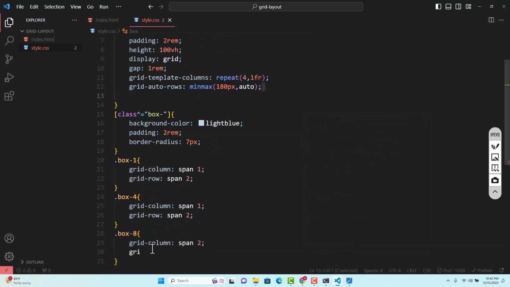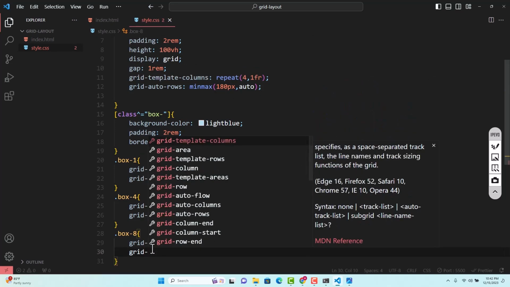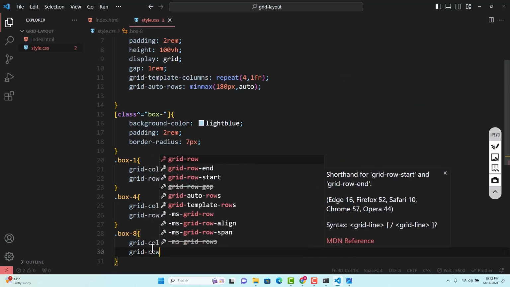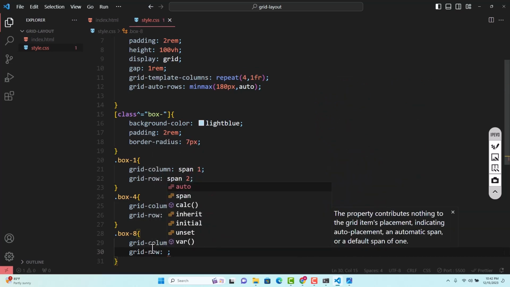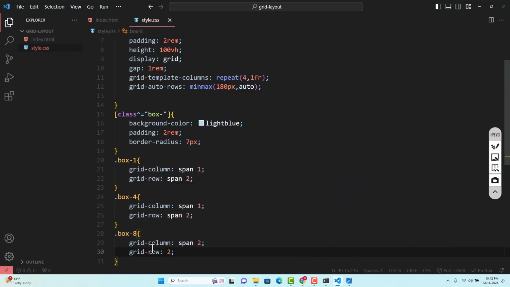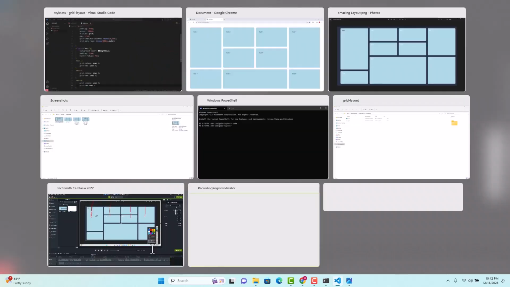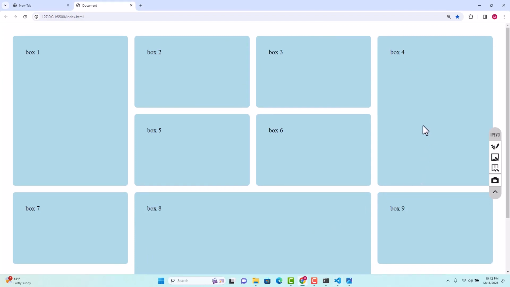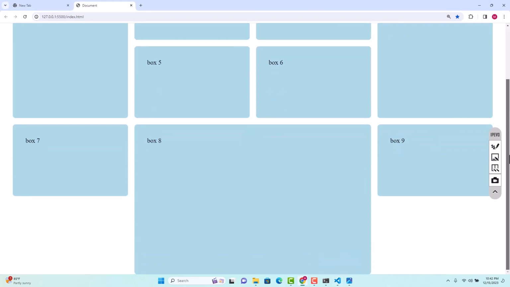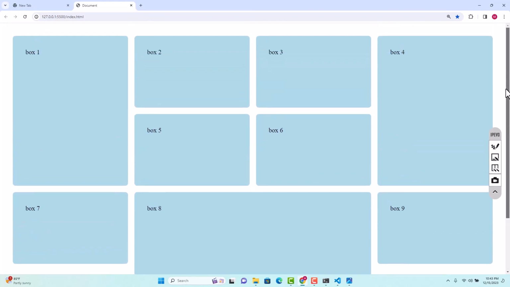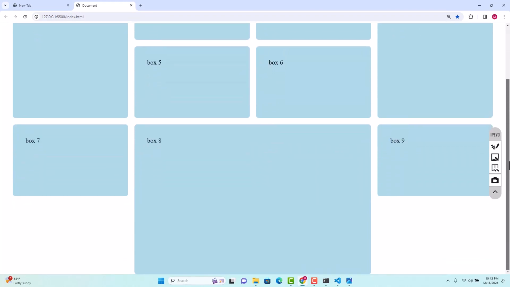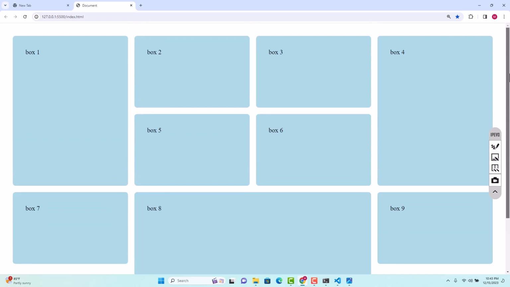It means you can even increase the row. Let me say grid row, span 2 to see how it is going to appear. Let's have a look right now. As you can see, if we say span 2, it extends. So as I said, sometimes you don't have to worry about rows